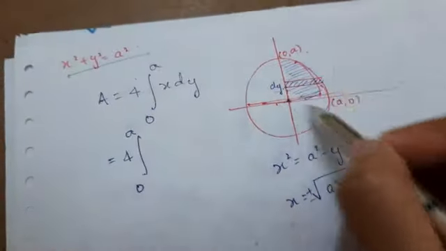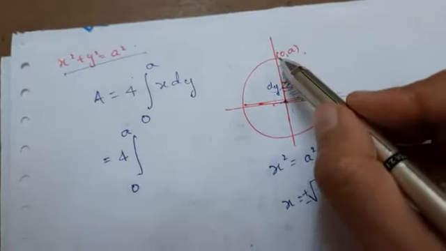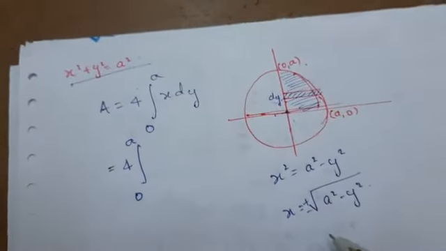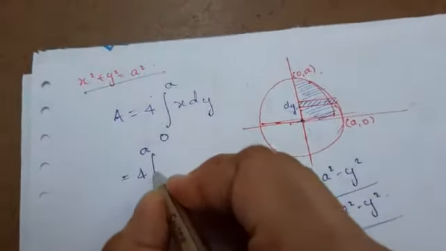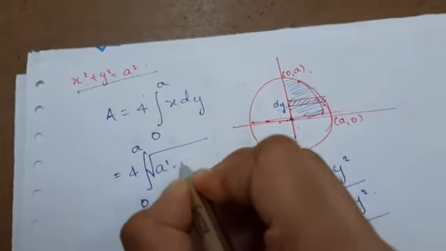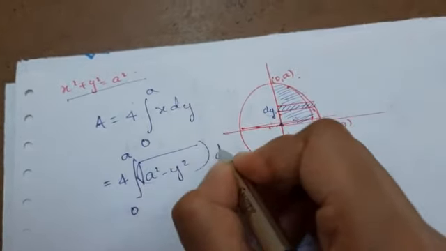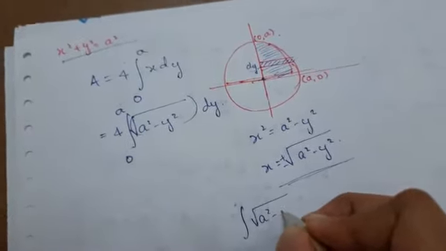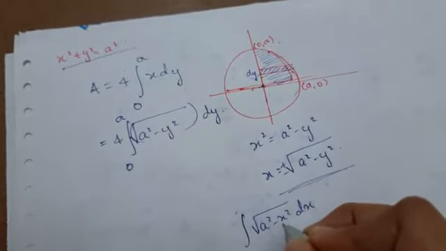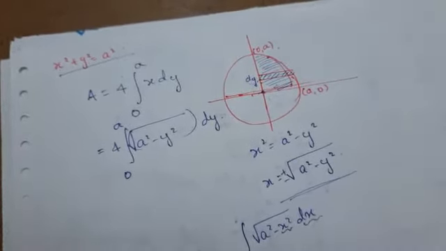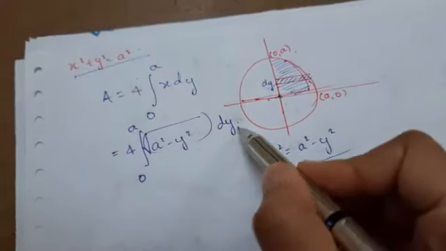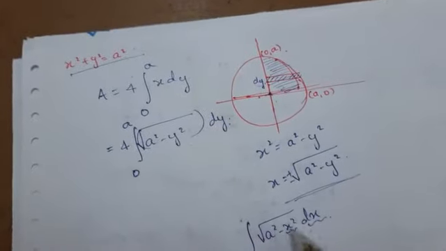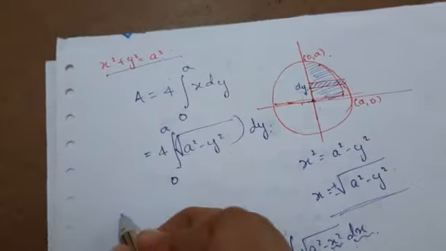Again here I am considering this region in the first quadrant, where both x as well as y are positive. So we are considering here only the positive value of x. So square root of a square minus y square into dy. Clearly we know the formula of integral square root of a square minus x square into dx. Here it was a square minus x square with respect to the variable x. Here we have y with respect to the variable y. So we are changing the formula. Wherever we have x, we are just inputting y there. So what is that formula?